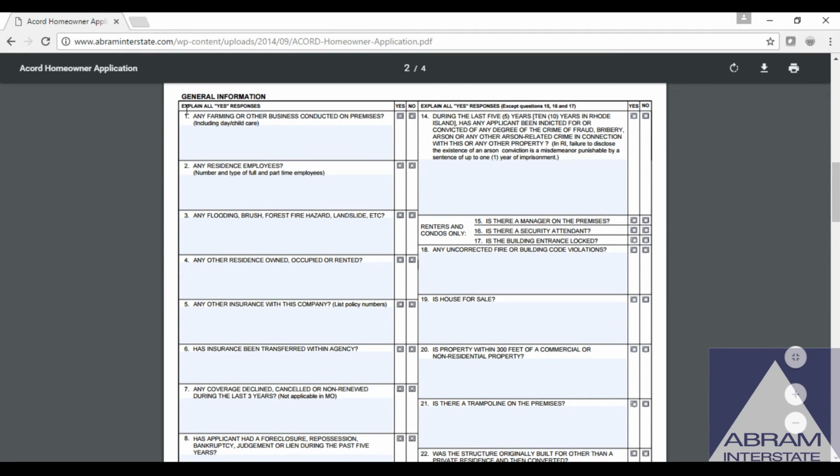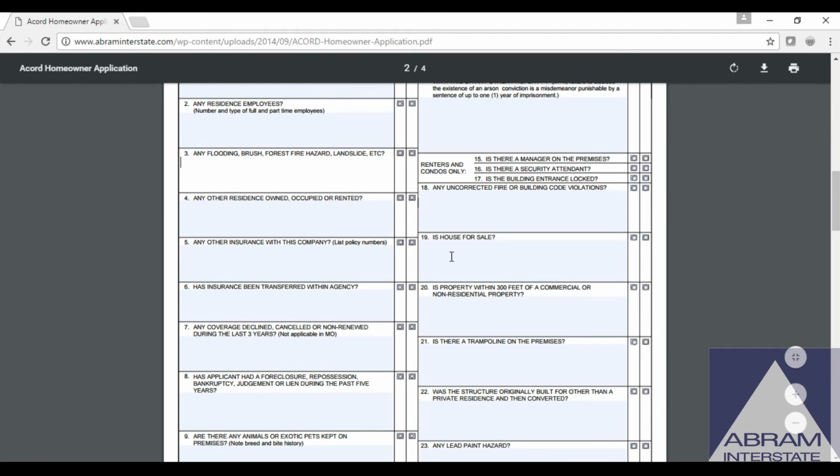On this next page here, general information, all these are really a bunch of yes or no questions. Please go through them as thoroughly as possible. If there are any questions marked yes, make sure that you enter additional information in your comment section here, which opens up. If there's items that you feel are important to the rating, but not necessarily a yes or no,